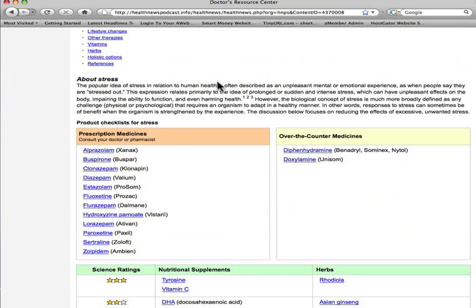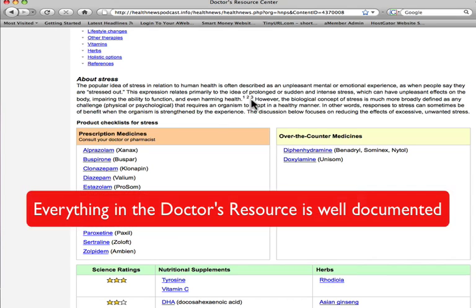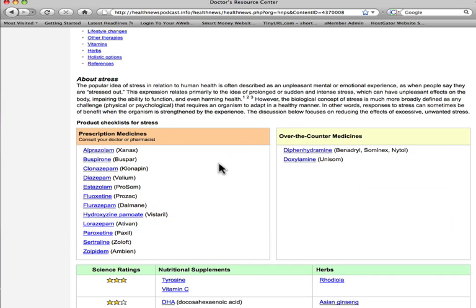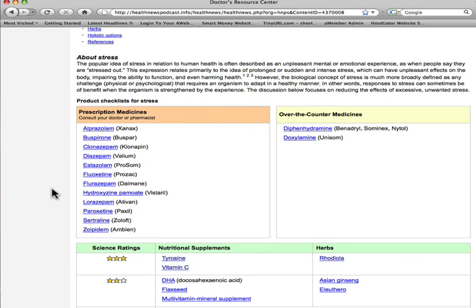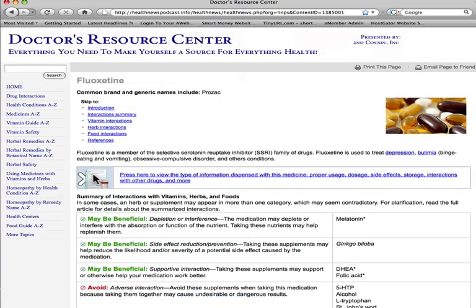So here's a little something about stress. Notice there are the footnotes. We'll show you all of the bibliography at the end. Here's all the prescription drugs that the allopath will recommend. And if you want to know more about any of these, all you really need to do is click on them. Prozac, for example. It'll take you to a whole page on Prozac,